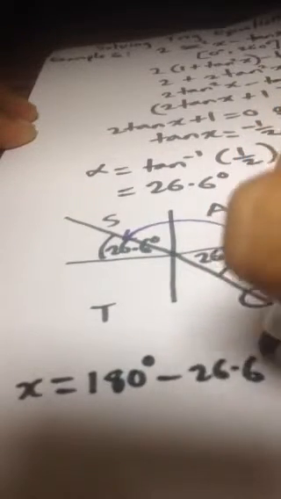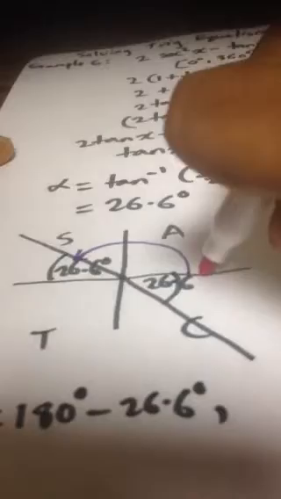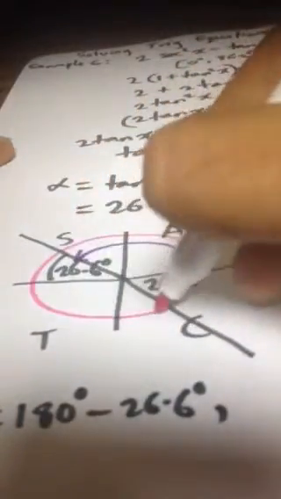So x is equal to 180 minus 26.6 in the second quadrant,